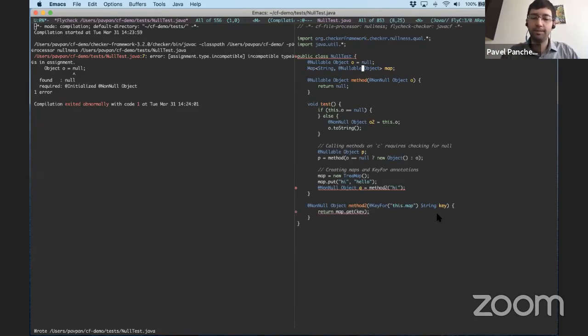Of course, if the map is allowed to contain null itself, then we will get additional errors. You've now seen the error pop up on that return statement, and that's because we might have a key that gets a value, but that value itself might be null. But let me get rid of that so I can continue demonstrating. So what we've now done is added the annotation KeyFor, and that's allowed us to learn additional things about this map reference. But the next question is, how can we construct a value of KeyFor?